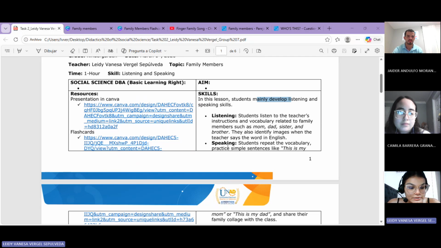So instead of teaching isolated vocabulary, I connect the lesson with their real context, especially with their family. This is very important because when a student relates the language to something familiar, they can understand and internalize it more easily.